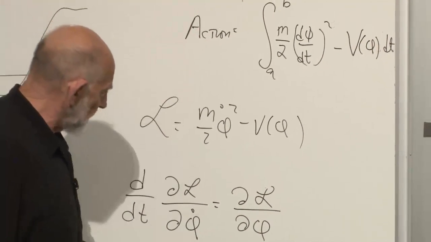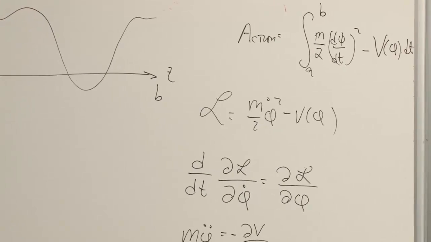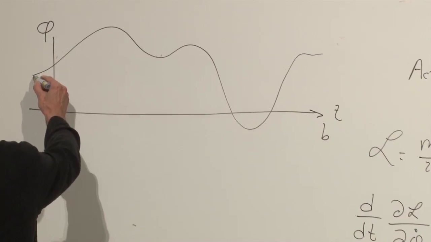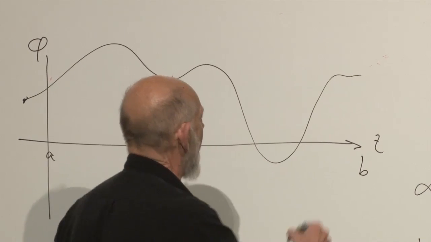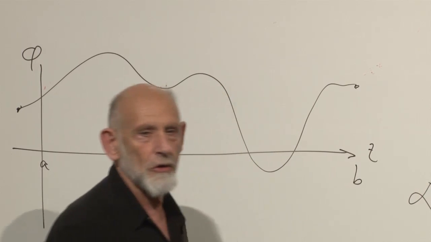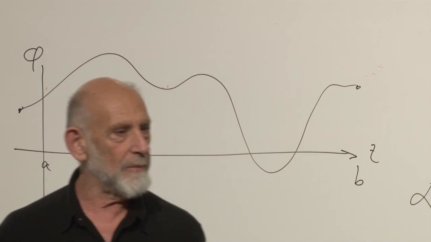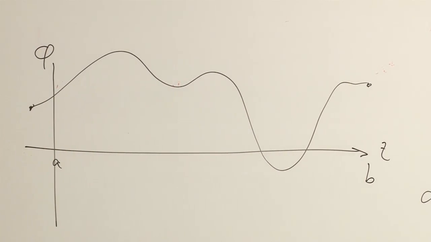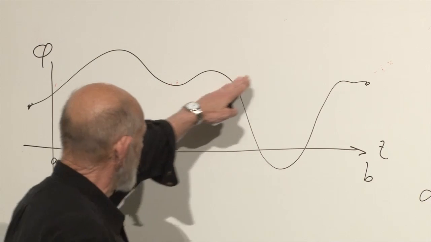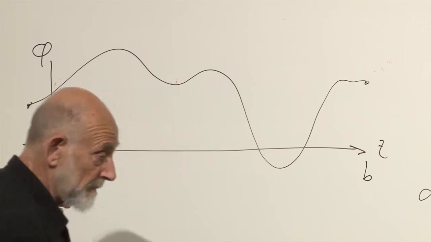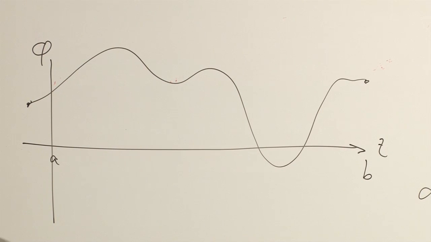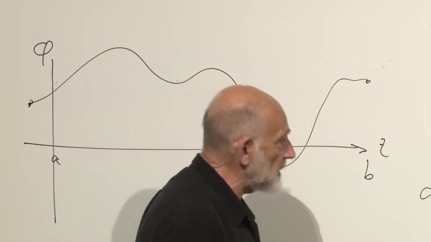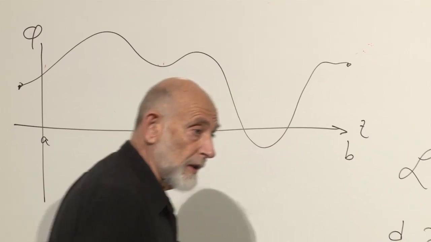The action principle, or the Euler-Lagrange equations, are the solution to the problem of finding the trajectory with the minimum action, or I'm going to use the term minimum, but you know very well that I mean stationary. Could be maximum, could be minimum, but let's call it minimum. The minimum action of a trajectory from here to here, holding these points fixed. Holding point A and point B fixed, find the trajectory of least action that connects them. That's equivalent to the Euler-Lagrange equations.